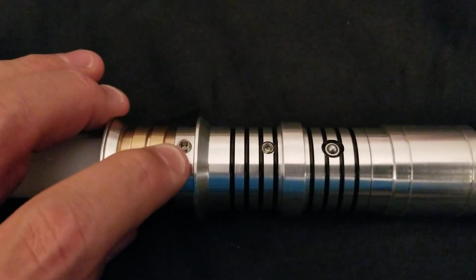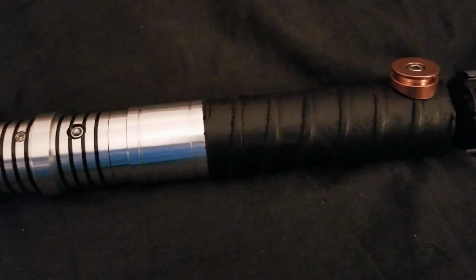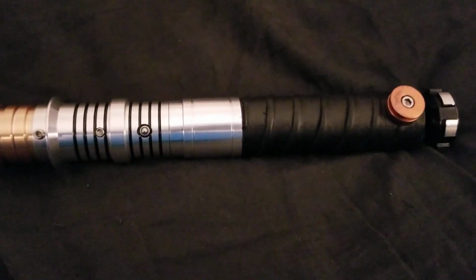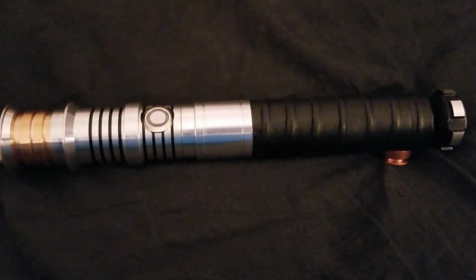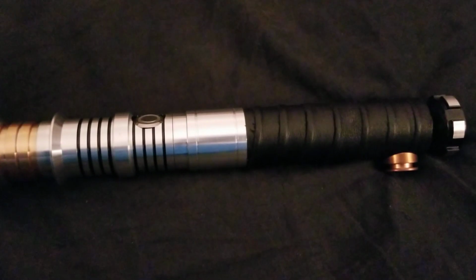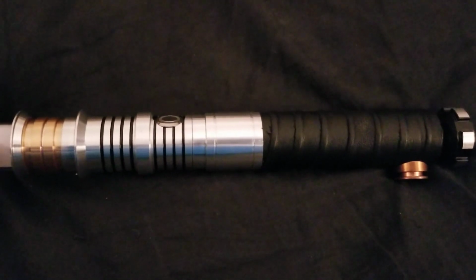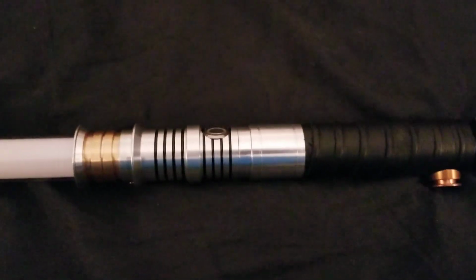and a higher quality retention screw than one might normally find, because that's what they do, because they're amazing. And wow, the Aaron being a thin neck saber, that's going to be a learning process, but hopefully within a couple weeks I'll have that. I don't know when my blade will show up, because I had to special order a NeoPixel blade, because I found out that they're not quite as easy to get your hands on as I maybe thought. Anyway, that's a learning process for me, as was this. And I will leave you with